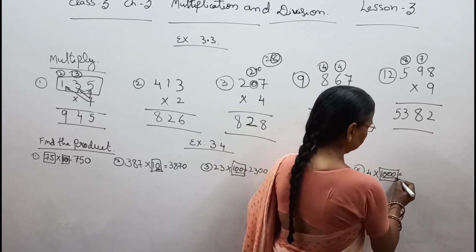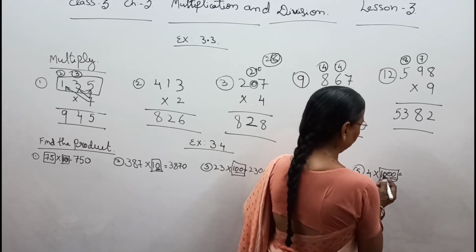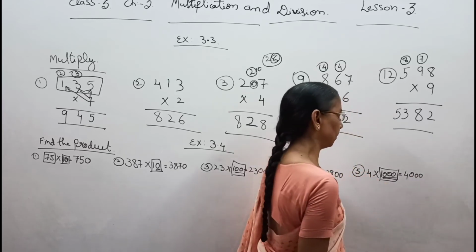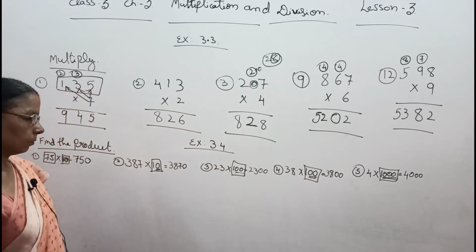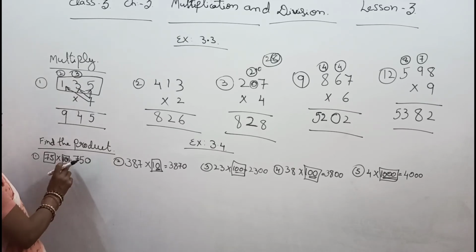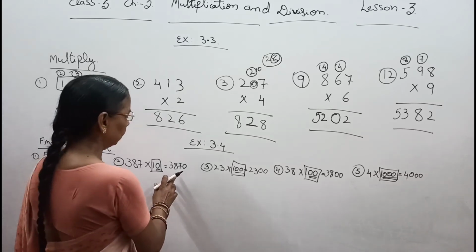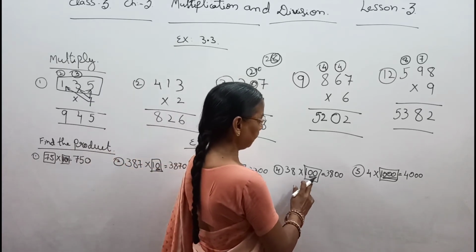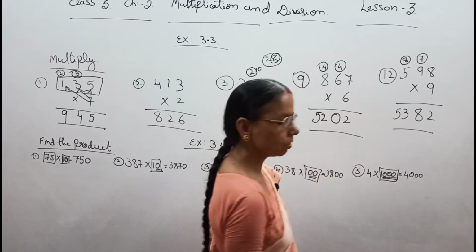1000. 1000 means 3 zeros. Then here it is one number, then 4 1 ja 4, then again we have to put 3 zeros after that number. यहाँ पे क्या करना है, पहले 1 से मल्टीप्लाई करना है, उसके बाद में वहाँ पे नंबर 0 लगाना है, यहाँ पर भी वही 0 लगाना है, यहाँ पे डबल 0 दिया हुआ है तो डबल 0 लगाना है, यहाँ पे डबल 0 दिया हुआ है तो यहाँ डबल 0 लगाना है, यहाँ पे ट्रिपल 0 दिया हुआ है तो यहाँ पे ट्रिपल 0 लगाना है.